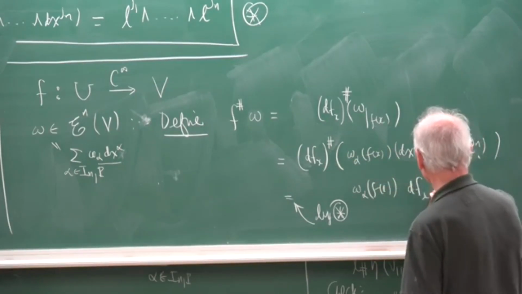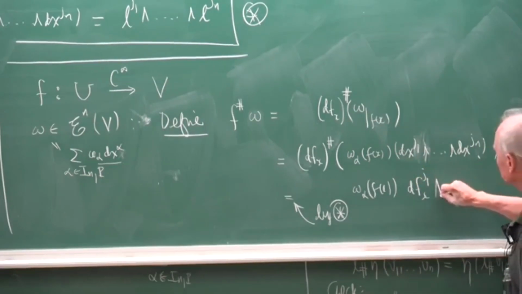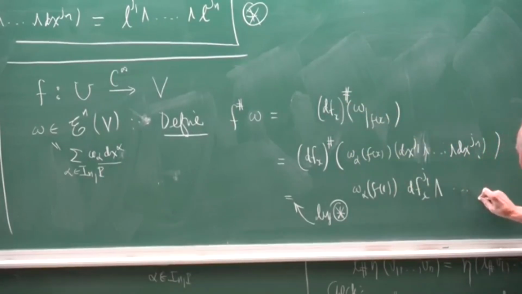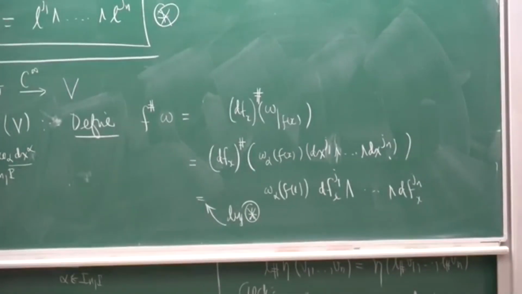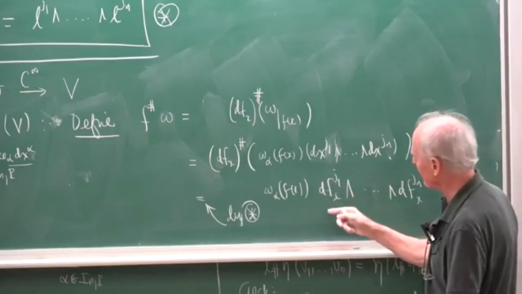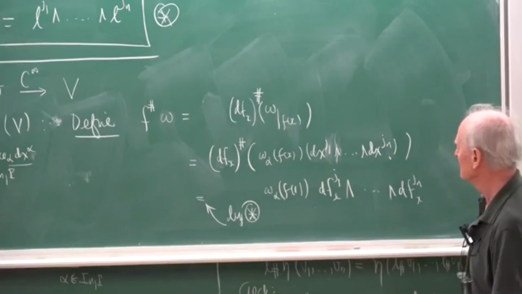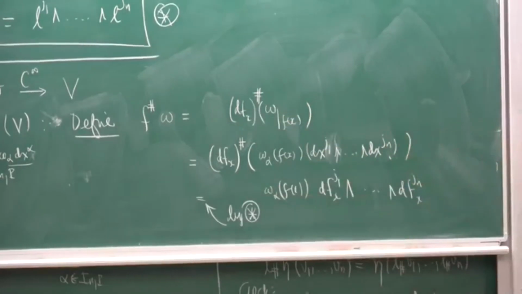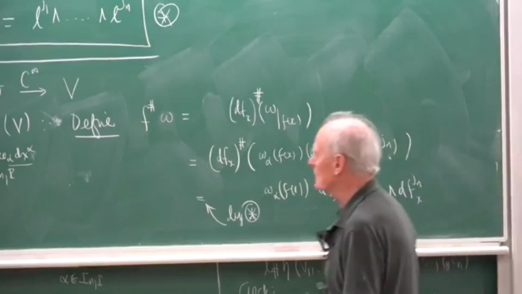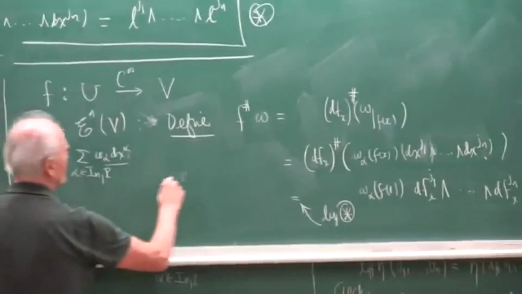So it's just df_x, d_{j1} f(x) wedge, just using this star literally, wedge df_{jn} at x. Now that makes sense. df_{j1} is a map, a linear map from R^p into R^q, right, at each point x. So it's exactly the setting we were talking about up there. So in other words, we get, so this is the definition, and in